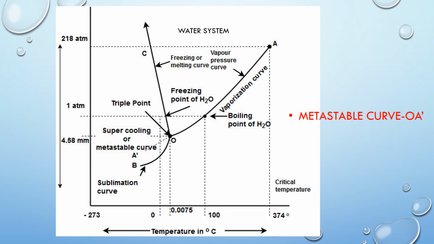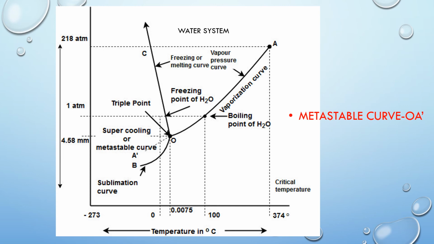This triple point is not same as the ordinary melting point of ice. Metastable equilibrium. With extra care, it is possible to cool water below its freezing point without the separation of ice. In this state, water is said to be supercooled. It can be kept in this state if it is not disturbed.